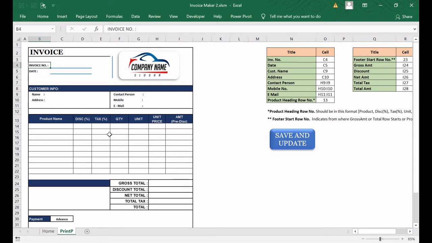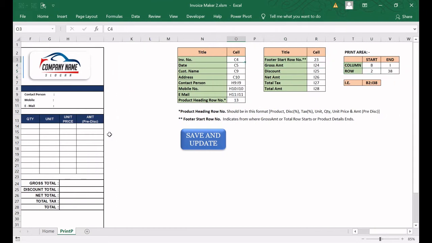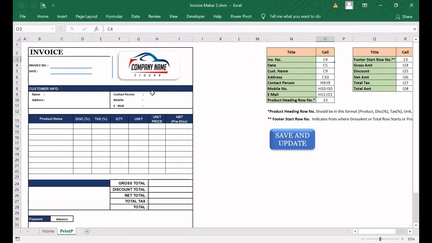The format is the same, but the new thing is that you can totally customize it. If you want the invoice number in this tab, you can set it, or if you want it in another row, you can set that also. If you want to remove some row, you can do that too. The one thing you need to do is update these references. You can see the invoice number, in our example, is on C4, and likewise the date and other things.